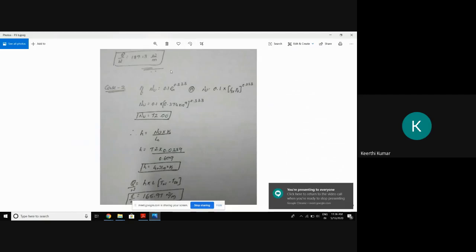Find out the percentage increase in the heat transfer by changing the Nusselt number, with respect to case 1 and case 2. Which is greater here? 199 is greater than 165. If he is asking percentage increase, find out the percentage increase between these two. Clear? And also you can ask what is the difference in heat transfer. Then subtract these two and find the value of difference in heat transfer.